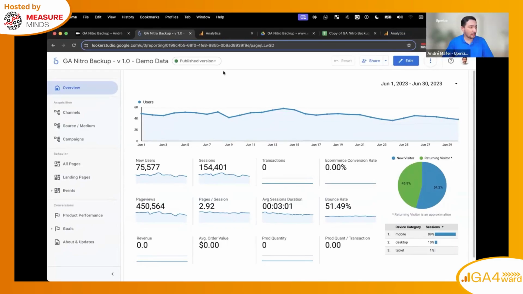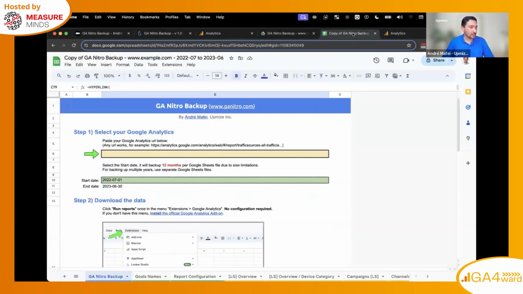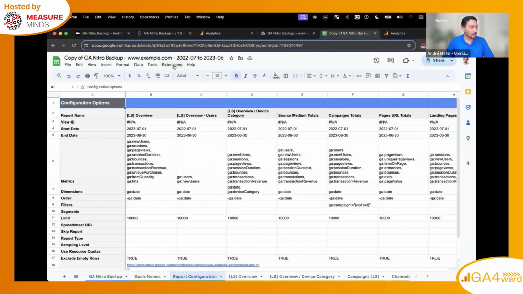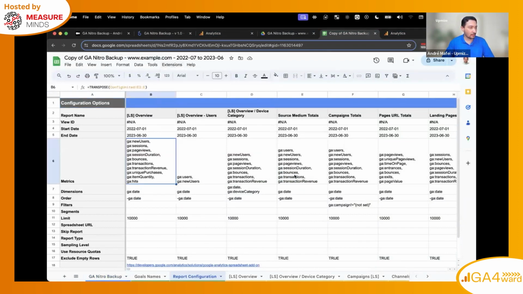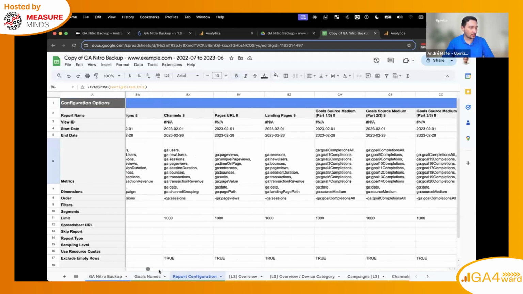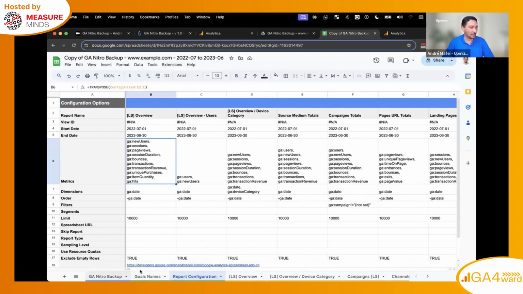This is Nitro. It's a template for Google Sheets plus Looker Studio. What it does is basically it speeds up the process of using the official Google Analytics extension for Google Sheets. And it comes with a ton of predefined